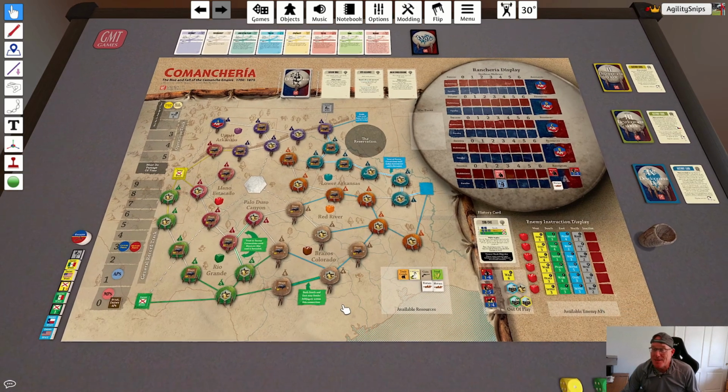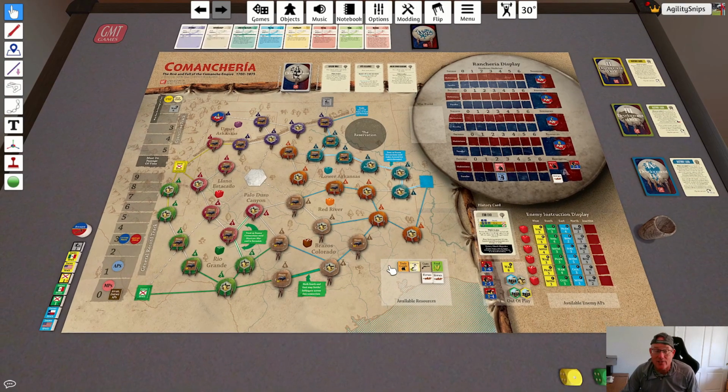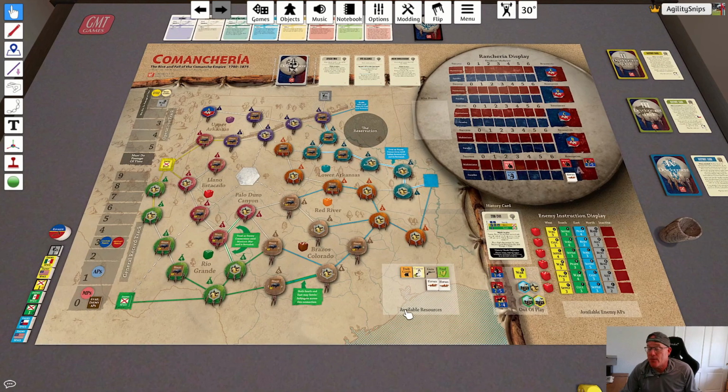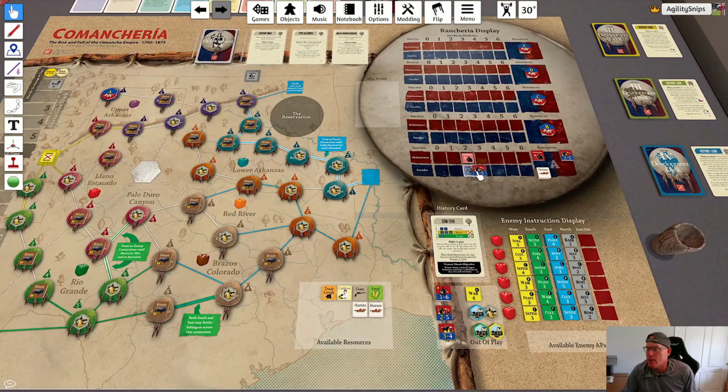So my goal is I want to see what the game looks like when you get past history card 1, which I confess I've never done. I did it once when I was succeeding at the first scenario, but I've never done it and then continued playing. So, okay. No war party phase to start off here. So we are going to start by doing a take actions